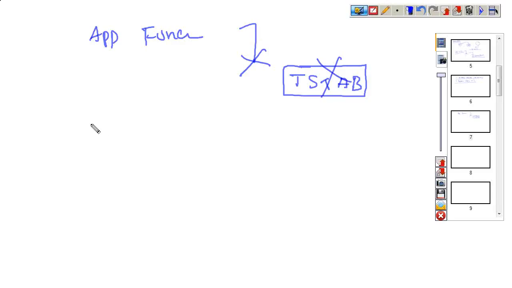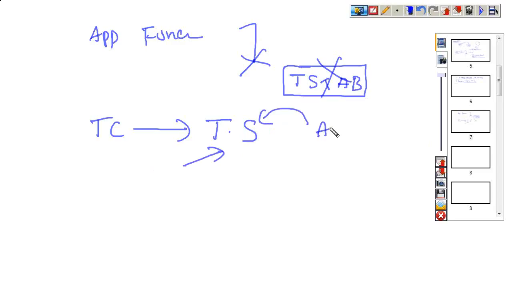Next one, whenever you want to convert one test case into a test script, but a lot of manual interaction is there, compared to a tool, manual interaction is easier. That type of situation we can't recommend for automation.